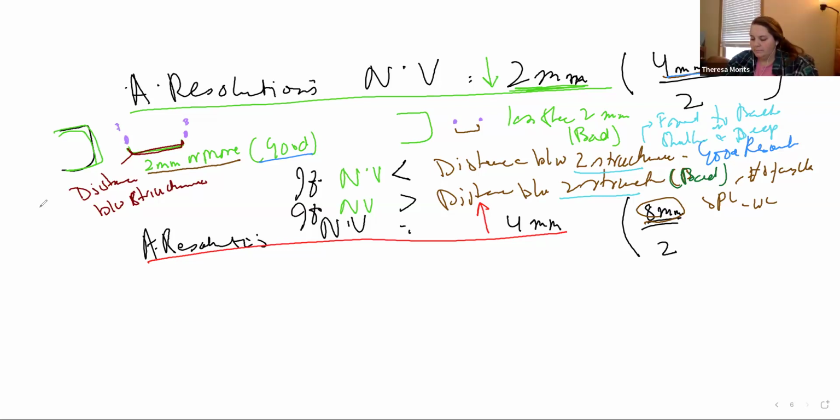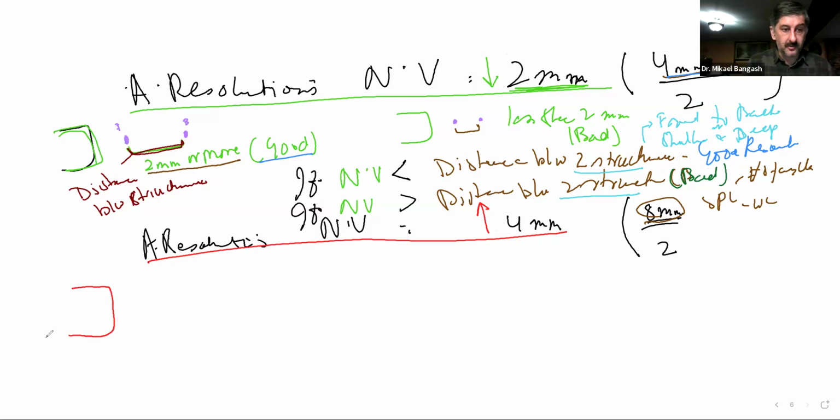Yeah. Good. Whereas let's say we had this transducer here. The numerical value for this transducer is going to be greater than that of this one here. But the concept will still be the same. Because this transducer produces a pulse that has a spatial pulse length of 8 millimeters, which gives us the numerical value of the axial resolution to be 4 millimeters. So what does that mainly mean? That means that if the distance between these two reflectors here, or these two structures, where one is shallow, one is deep, one is in front, one is in back,